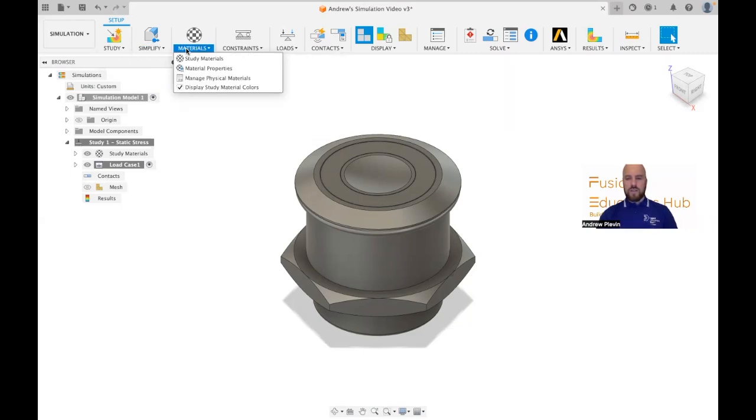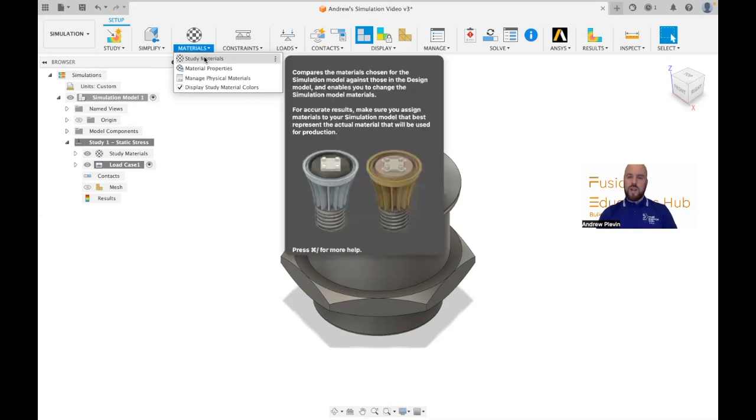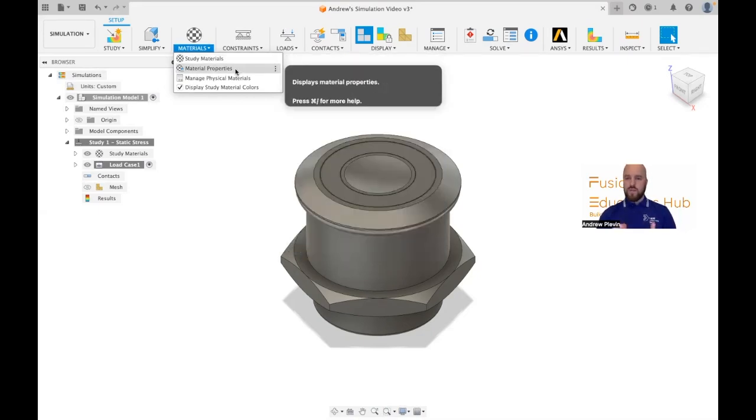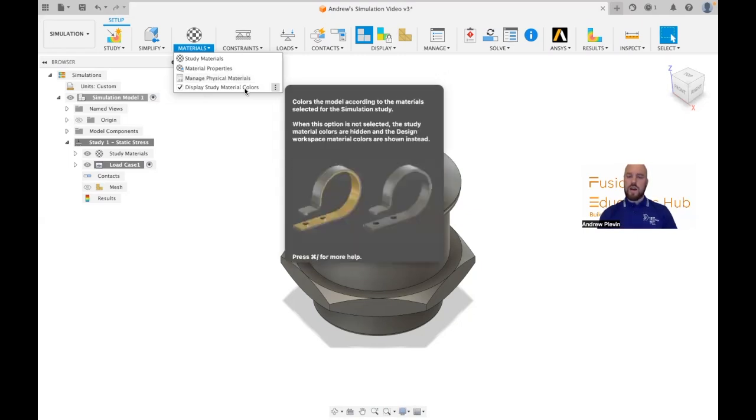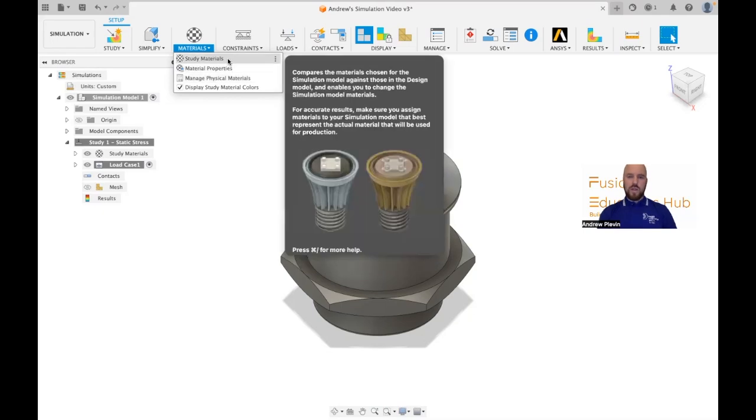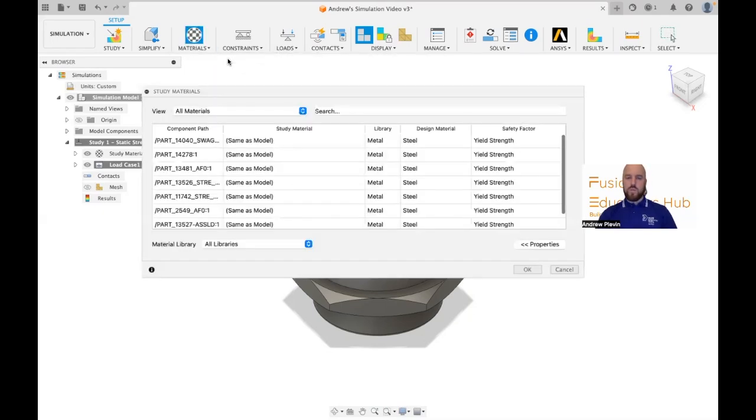Now, this one, as it says, is all about how you change the properties of your materials. So, seems like a pretty sensible name to me. And within this, you can select the materials that are going to be part of your study. You can view the material properties. You can actually start to change those. Maybe you've got a material that's got a slightly different strength to what's already on Fusion. And you can also change the color of those so that you can actually see the different materials on your model. So we're just going to go with the top one